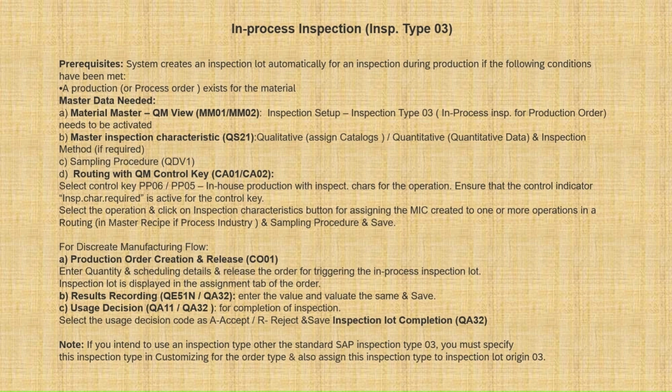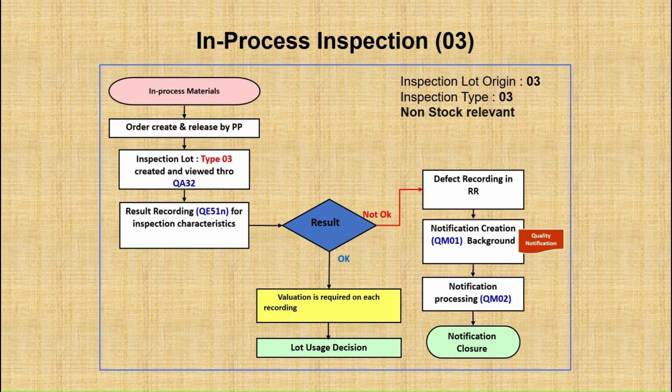It is quite similar to the inspection plan. Here also they will define a few operations, master data of the PP department, production planning. In that only we will be assigning our MICs, the sampling procedure, and if required, the inspection points. MICs which need to be tested, catalog selected sets if required. And the flow is,